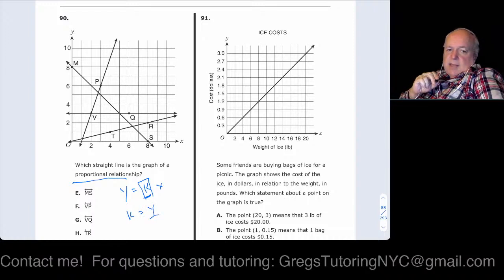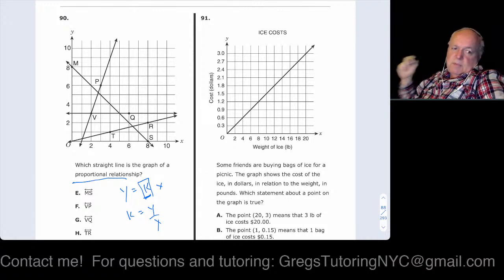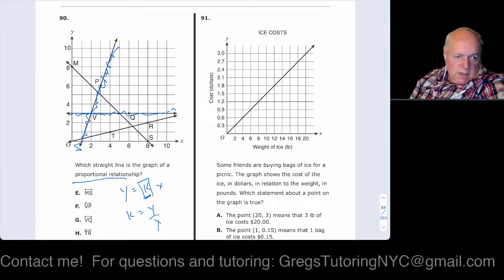So you can see that there is going to be an inverse proportion, or every time x goes up, y goes up by the same constant of proportionality. And if that's true, this line here can't be the line. Okay, if that's true, this line here can't be the line they're talking about either. This line here can, and we can check out stuff where we notice that this